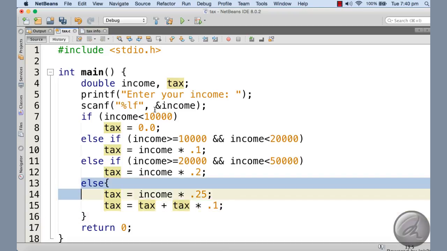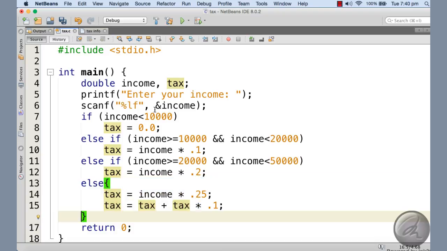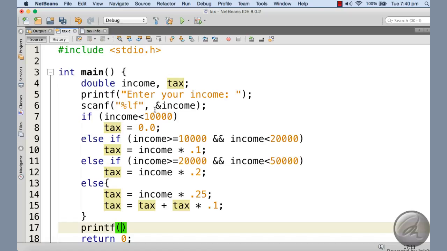You can see that here, since we have more than one statement under the else block, that's why the curly braces are mandatory. But for all the other cases, since we have only one statement, we are not given the curly brace. Now we are done. Now I can print the tax into the console. So the payable tax is %0.2lf. Now %0.2 is going to round off the double value to 2 decimal points. So I'm printing the tax.